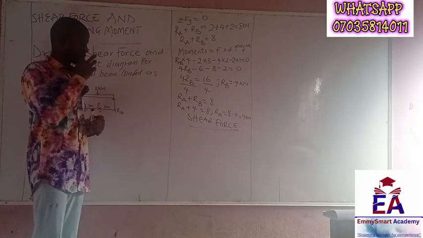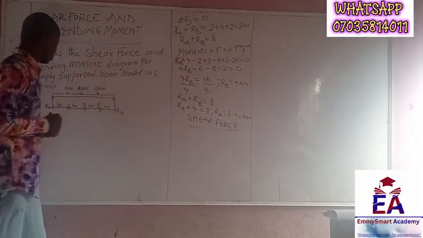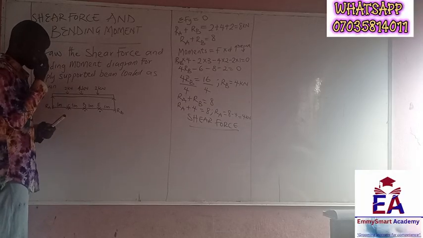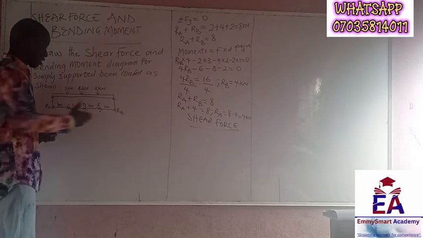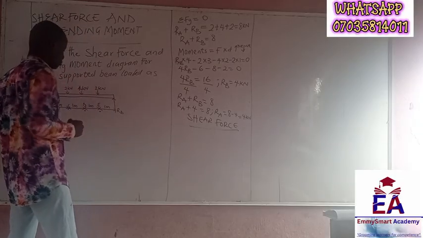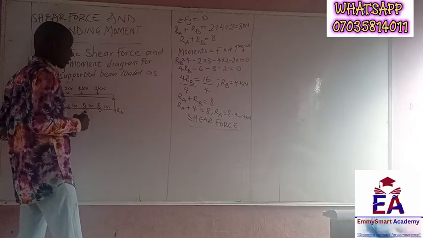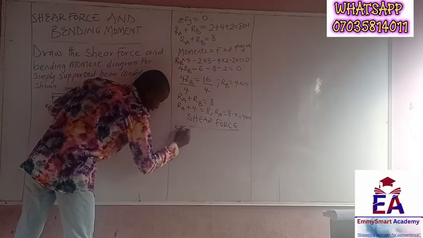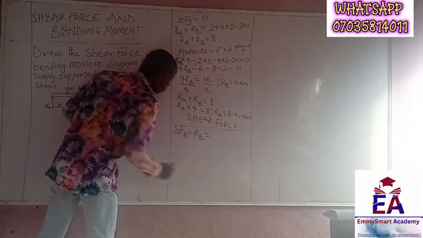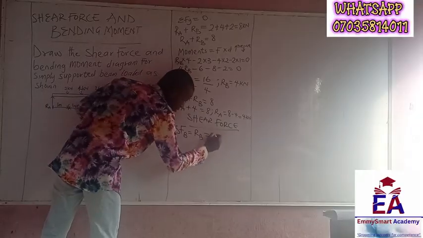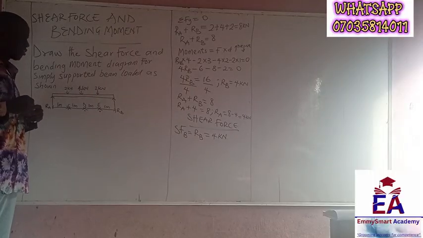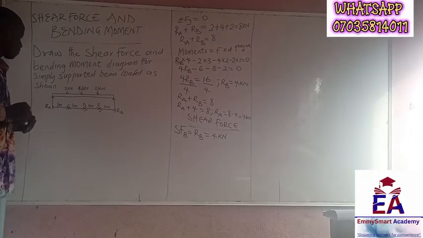Okay, so what will be the shear force? I'm still going to look from this particular point. So taking the moment, right, the shear force at point B will be the same thing as the reaction at point B. So shear force at point B is equal to the reaction at point B, which we said is 4 kilonewton. Okay. Next thing is